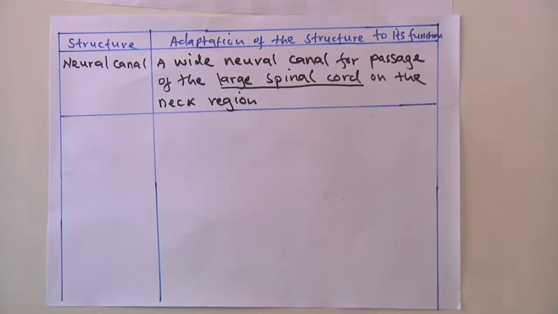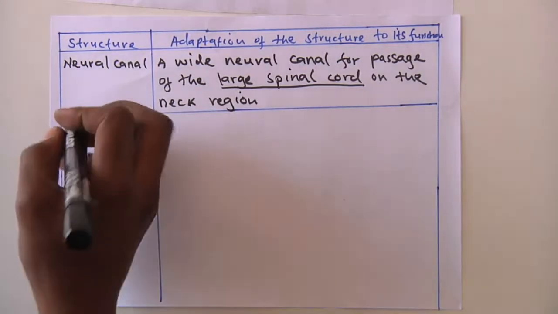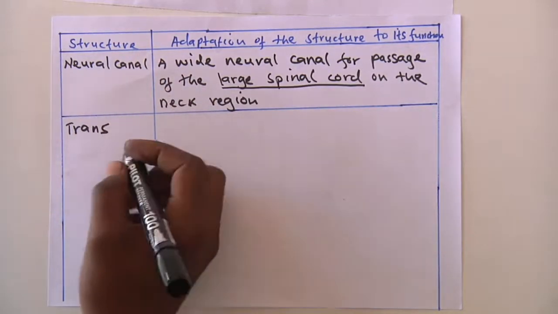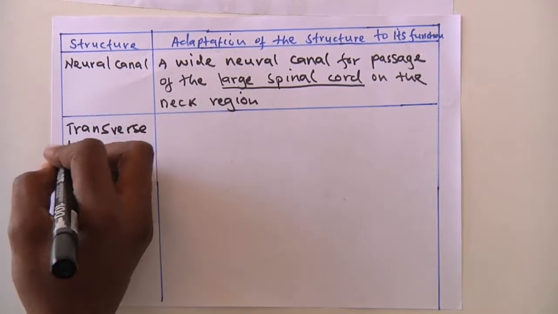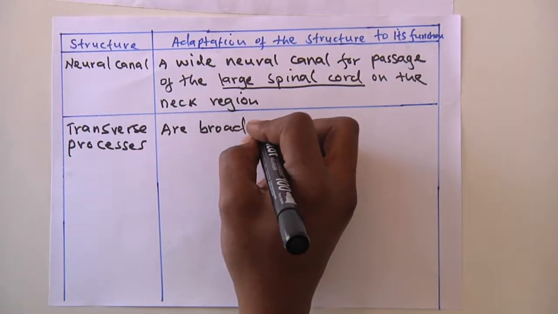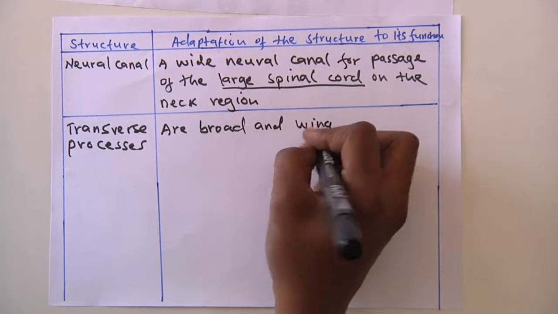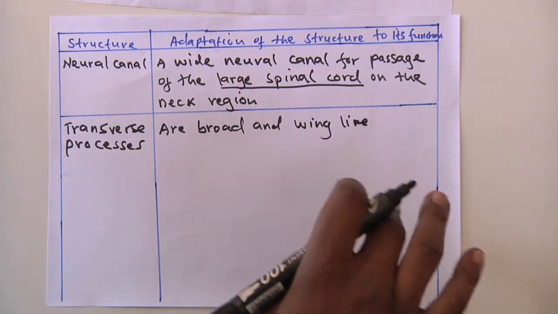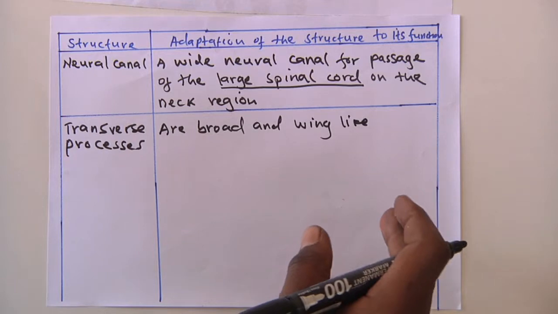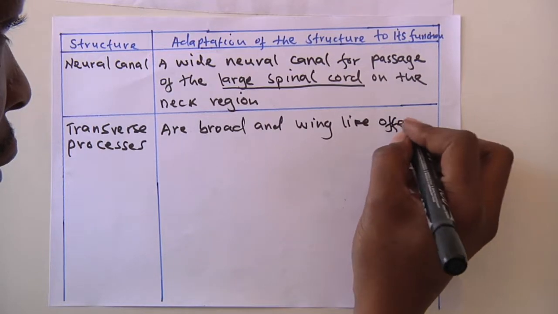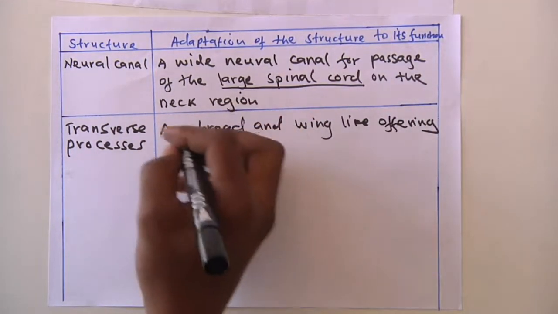The second part of the cervical vertebra is what we call the transverse process. These transverse processes are broad and wing-like. They are broad, and most of them are in the form of a wing. And what is the importance of these transverse processes being broad and wing-like? They offer a large surface area,